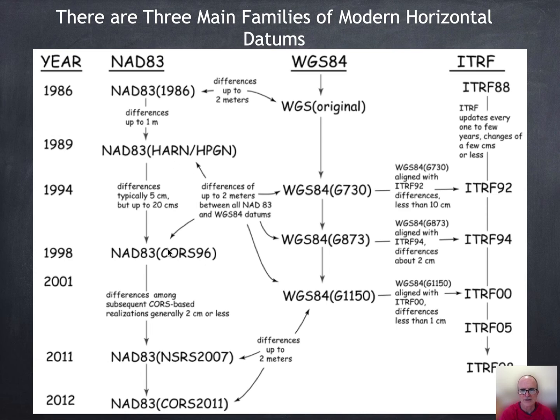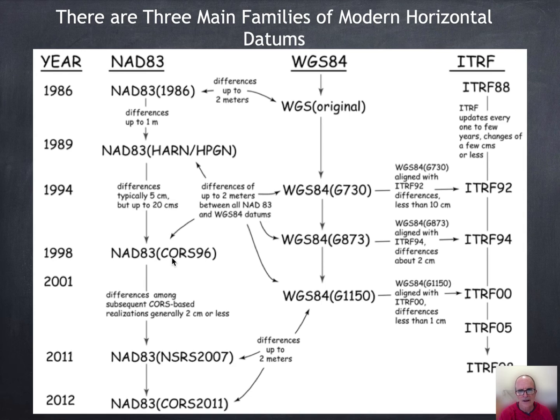The HARN then to the next, CORS 96. So with HARN, each state got to do their own because the GPS came out and they couldn't coordinate it well enough. And they said, well, we'll coordinate it with time. And that's what the CORS 96 is. Each state came out with their own, and they said, well, then we're going to take all this data federally and analyze it together and remove the errors and fix it as best we can, and then come out with a set of points. And so we got another 2 to 10 inches of shift